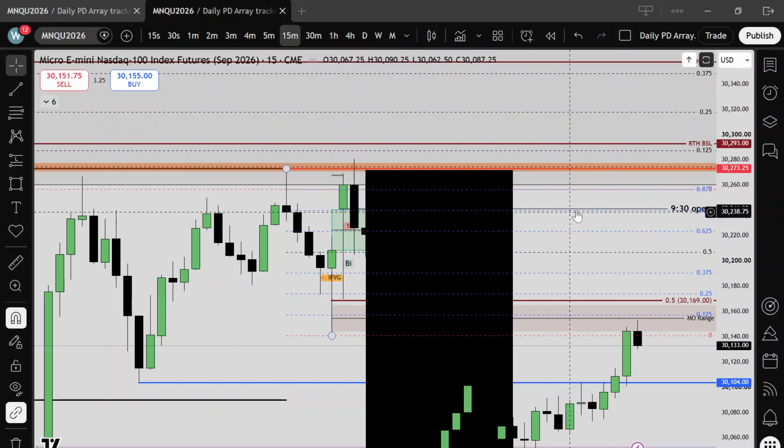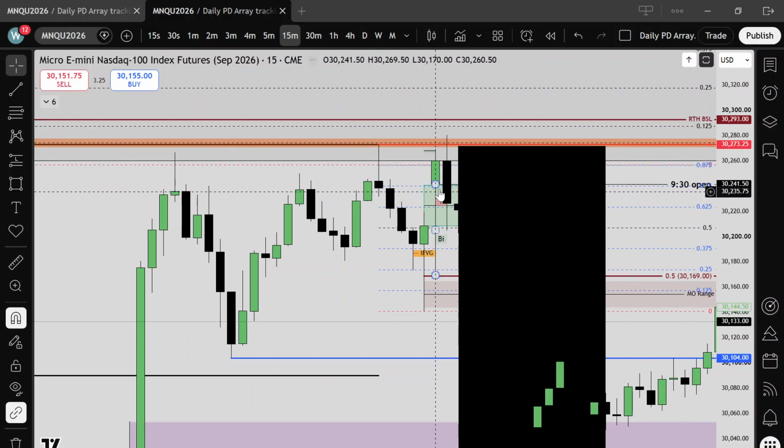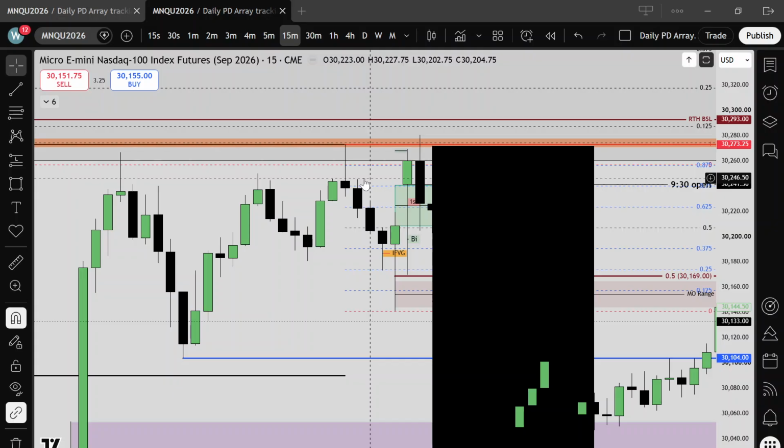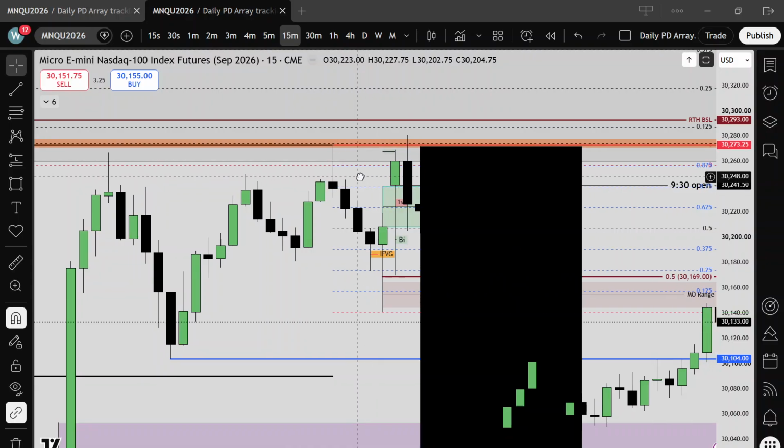So the reason I talk about being a down close is because it's still going to give you the same thing, but you can have a buy side taken and a change in the state of delivery by a wick that comes down. But this actually could end up being an up close candle. So then at that particular point, you're going to wait. It's the down close candle that will give you the official change in the state